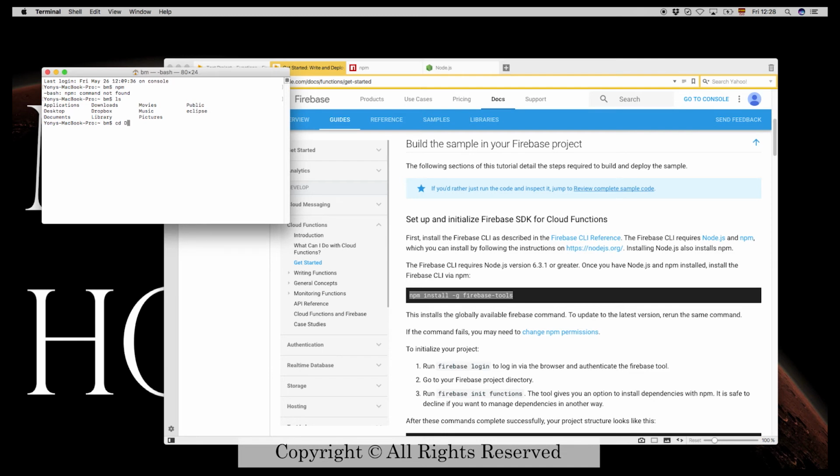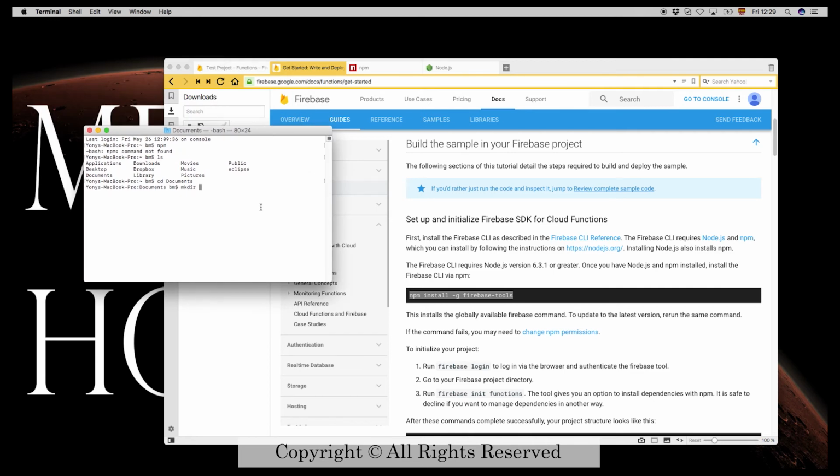So in documents, I will create a directory called, in this case I'm using the test project, so I'm going to call it Firebase FB test project